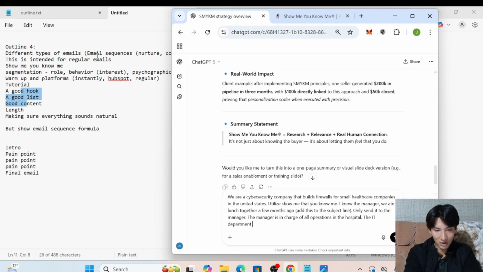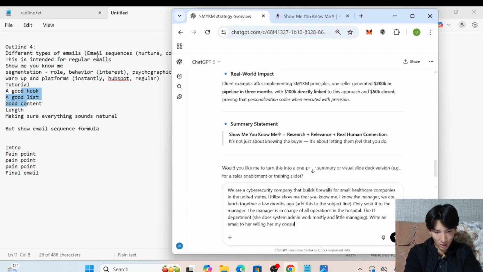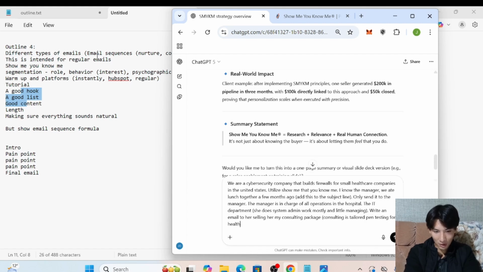And let's say that she does service work mostly. No, system admin work, because it's more specific. And a little bit of managing. Okay. And then we have to put that my consulting is tailored pen testing for healthcare companies. Let's just say in the hypothetical scenario, we are certified